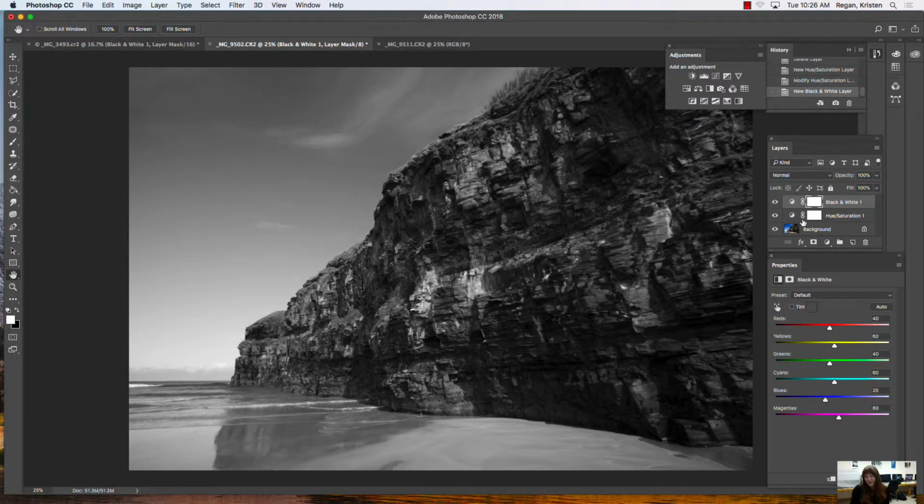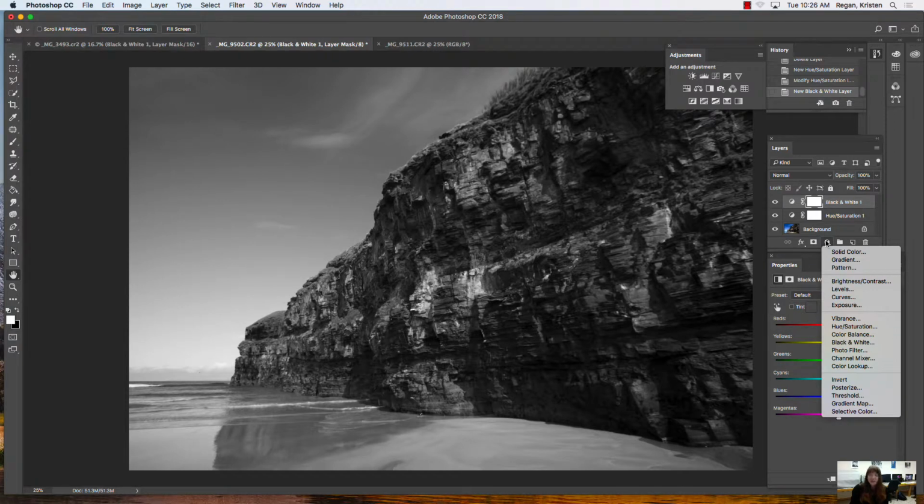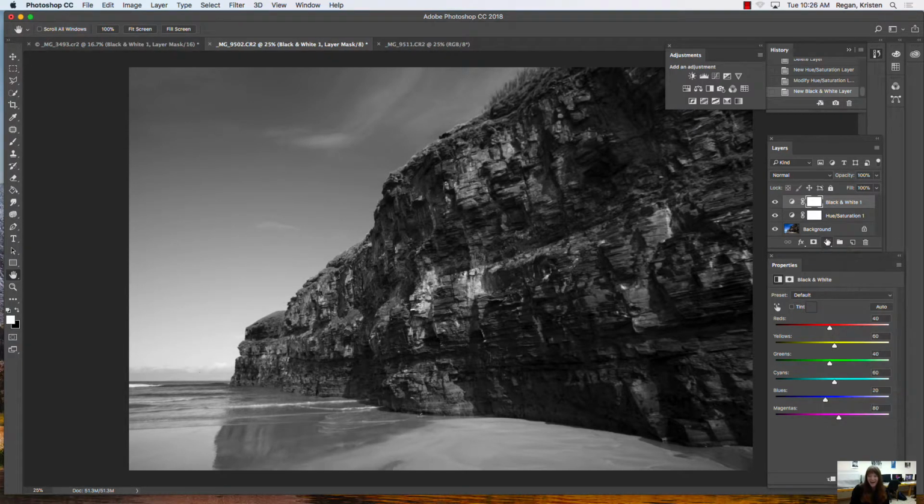Now, are there other ways to do it? Sure. There are other ways to do it. But again, I would suggest just using the black and white adjustment layer. That's going to be the easiest one for you guys to deal with when it comes to your landscape. Play around with it, and as you make these adjustments,